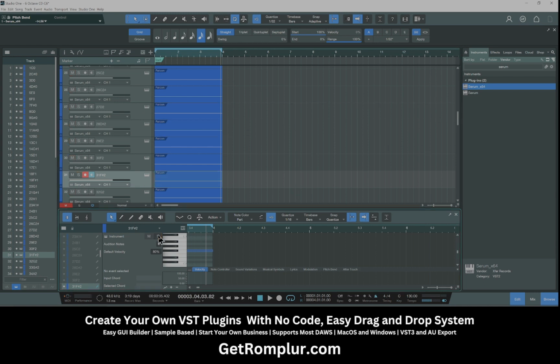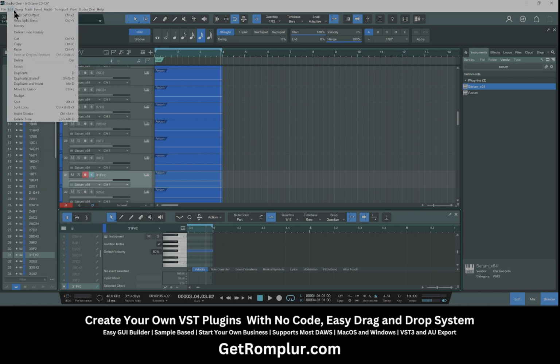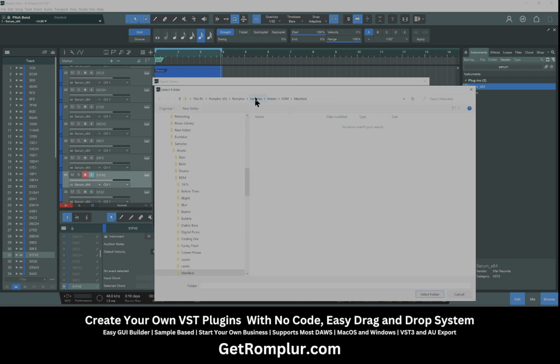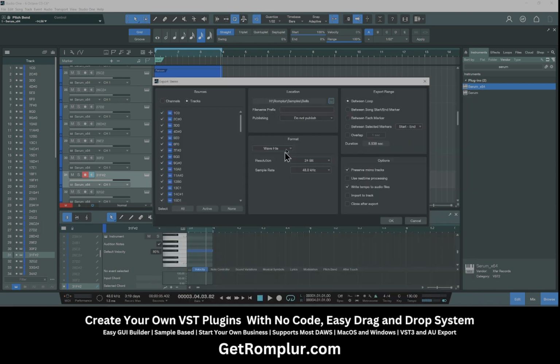So now what we want to do is export this. So I'm going to go into Song, Export Stems. We can give it a name. I'm just going to come over here, and we're going to say create a new folder called bells. I'm going to select that folder. Now what I'm going to do is give it a prefix. So we're going to say bl-test